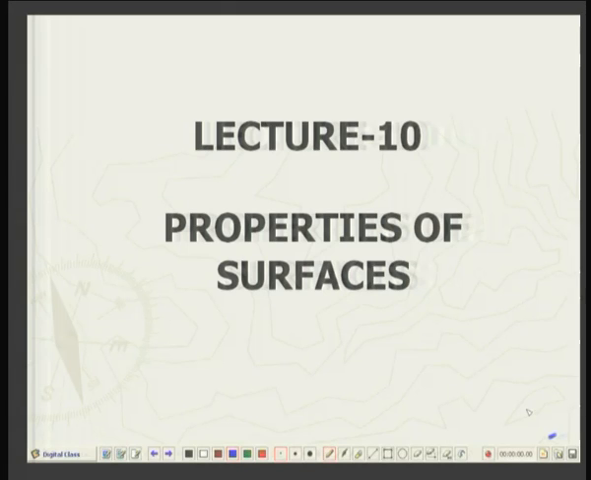Take up lecture 10, which deals with properties of surfaces. So far we have been talking about forces and moments, and today we will be slightly deviating from those concepts and we will be discussing surfaces. Now, in earlier lectures, maybe lecture 5 or 6, we were talking about equivalent force systems, and also in some